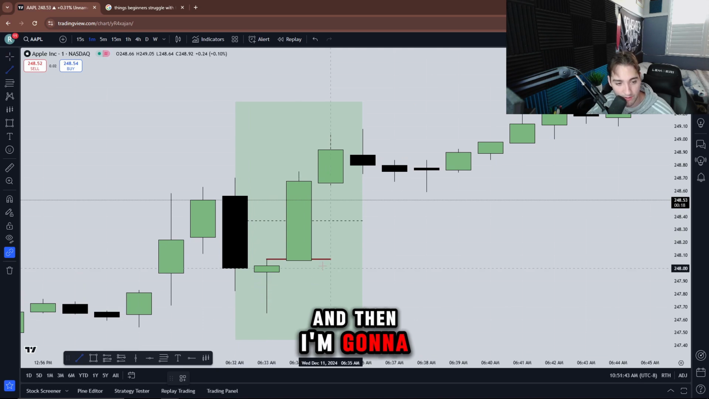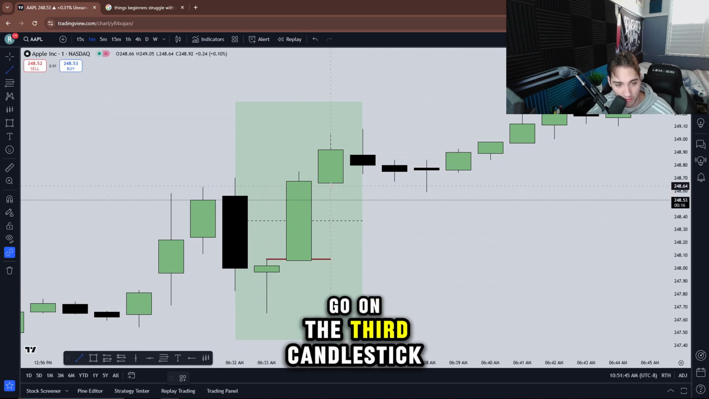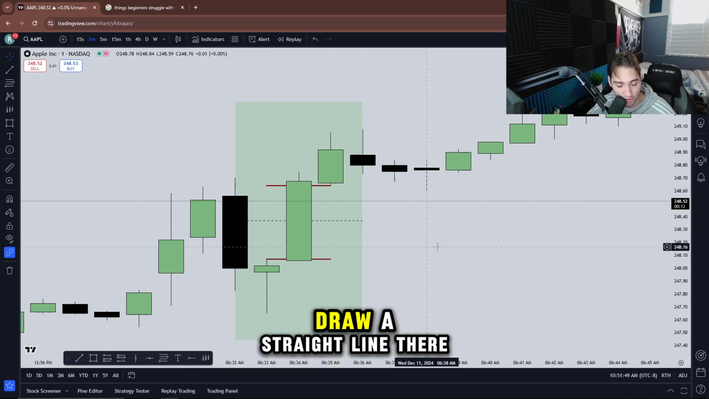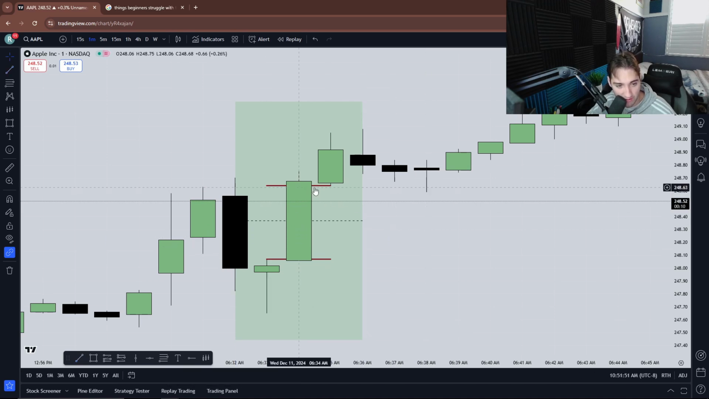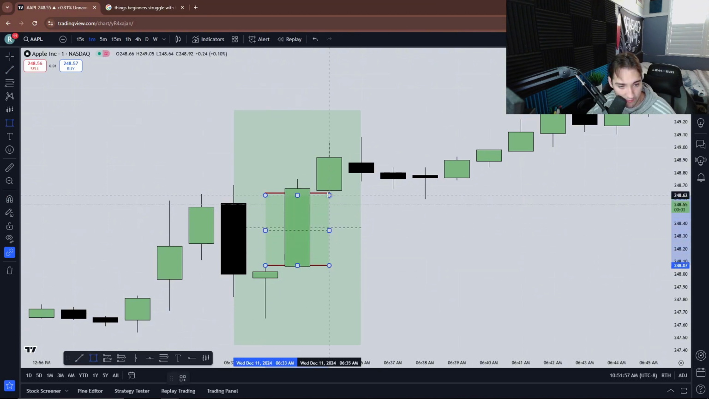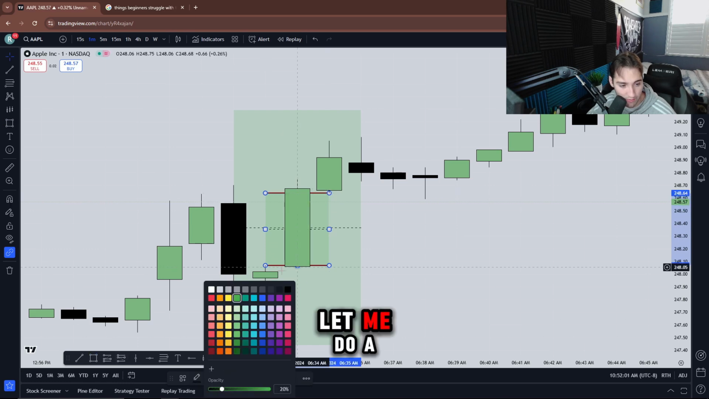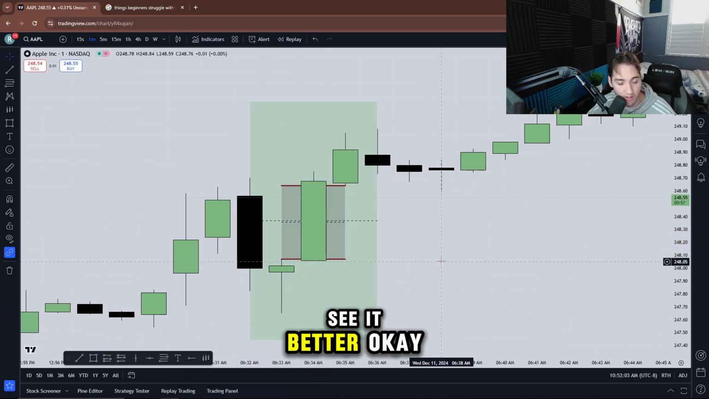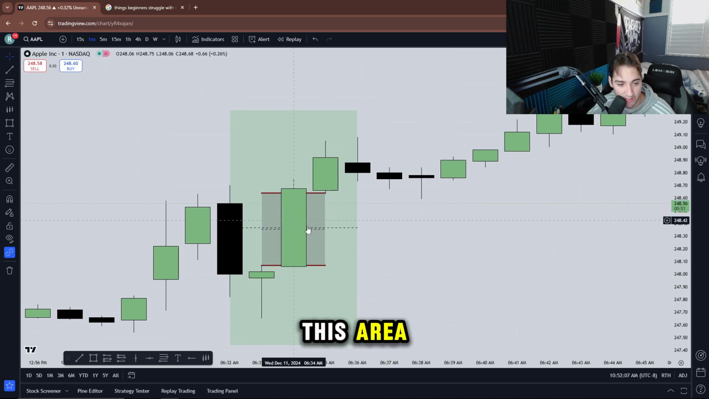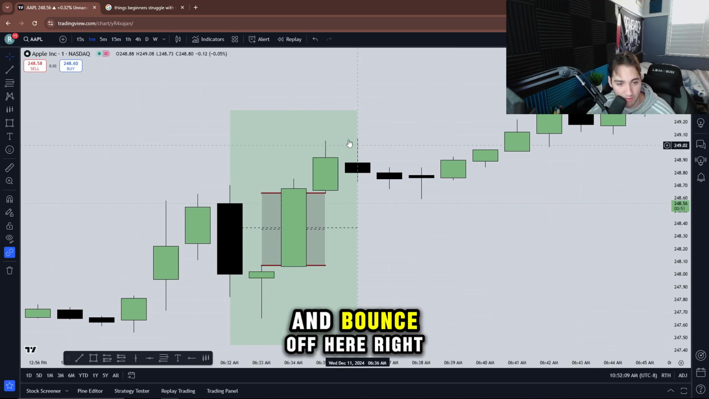And then I'm going to go on the 3rd candlestick. I'm going to go ahead and draw a straight line there. So as you can see, we have this line in here, right? I'm going to highlight the bottom of here. Let me do a different color just so you can see it better. Okay, so this is where price should come back to, anywhere in this area, and bounce off here,